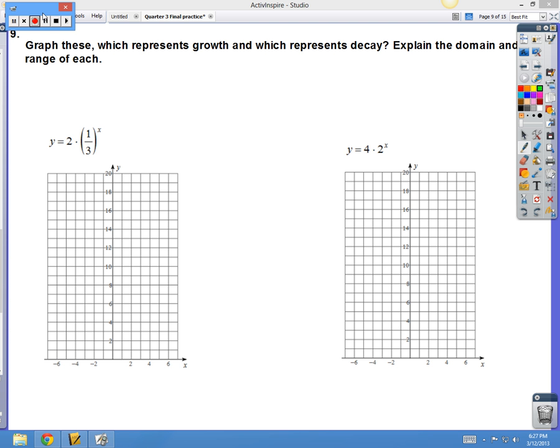Okay, on this type of question, here is really what you need to know. You've got to be able to figure out which one is growing and which one is shrinking, and then the domain and range. So this one is going to be the growing one,